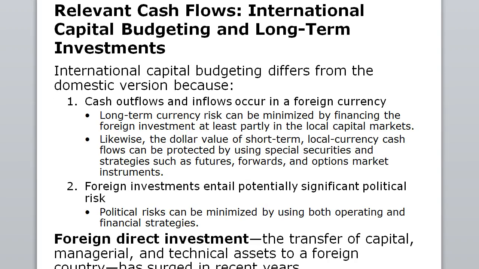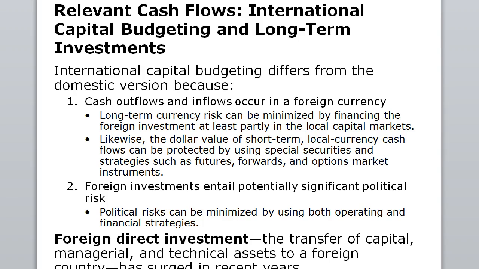Okay. Relevant cash flows, international capital budgeting, and long-term investments. So international capital budgeting differs a little bit from domestic because cash outflows and inflows occur in a foreign currency. So if you have to move money from one currency to another, so you're taking dollars and buying euros with them to make the investment, there's a currency exchange risk that has to be considered in the capital budgeting process. And